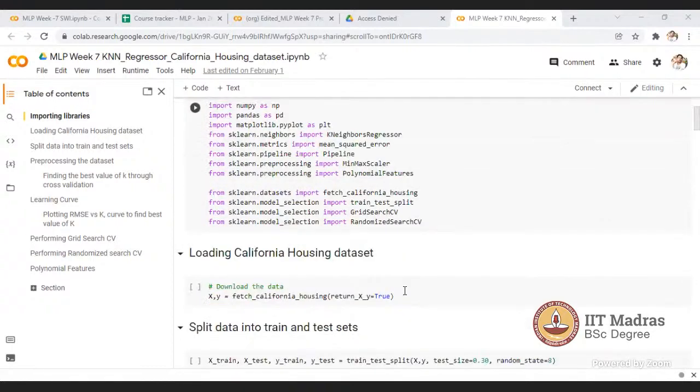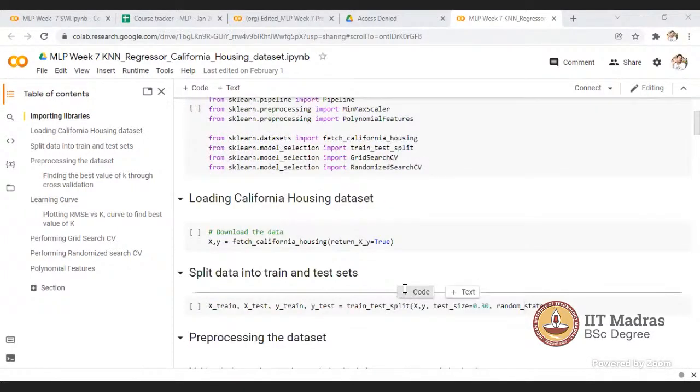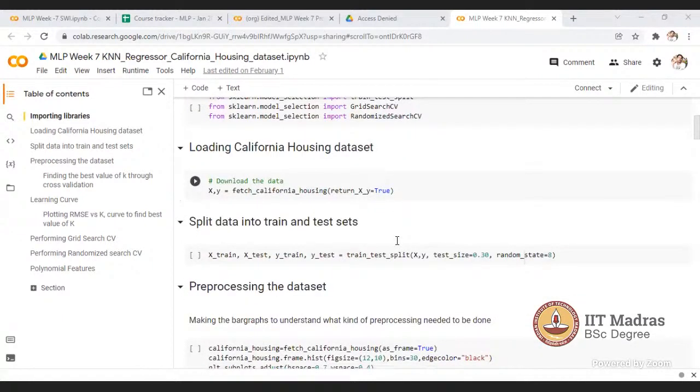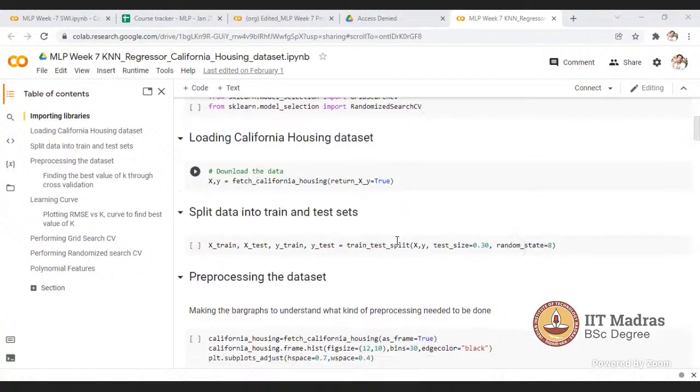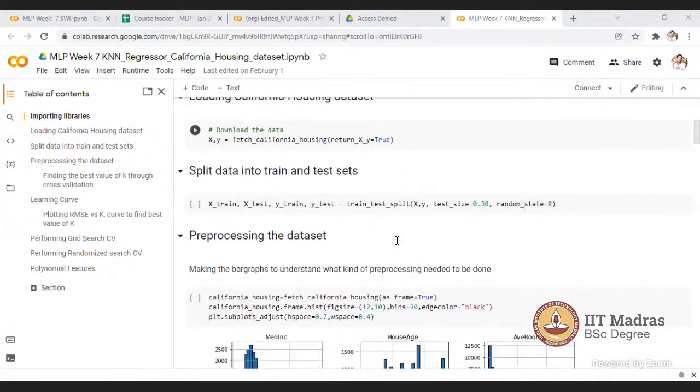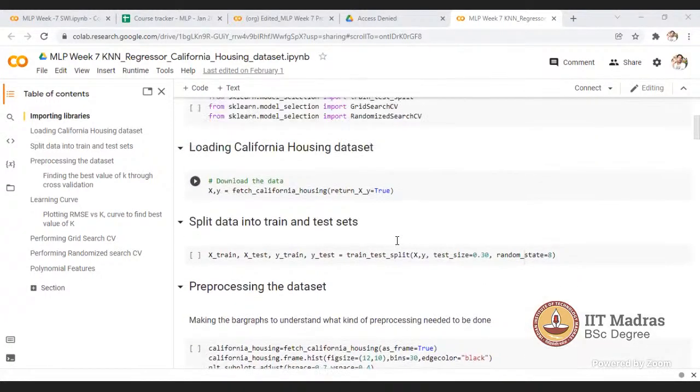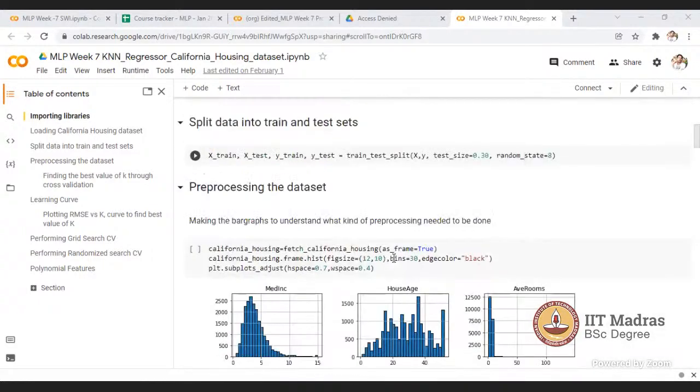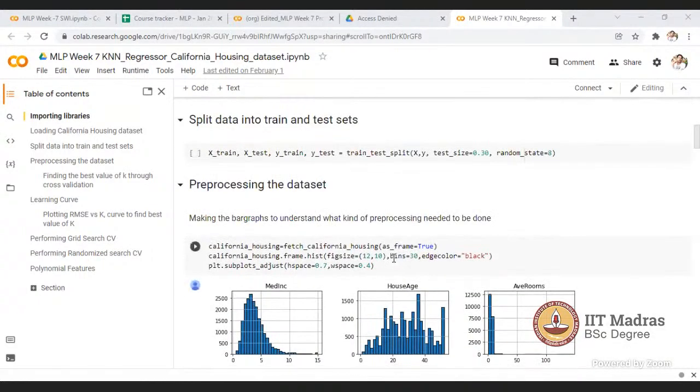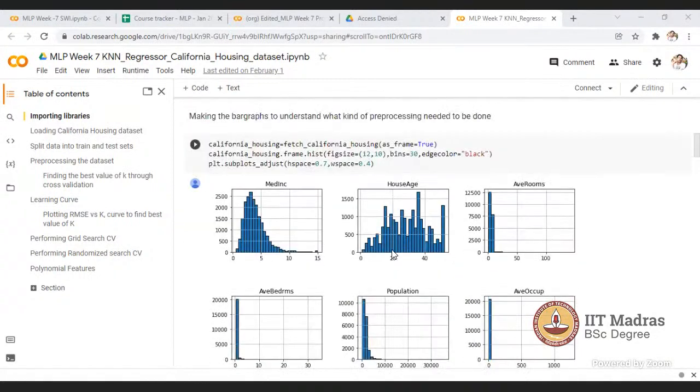I'll slowly go through this code collab, and after that we'll start discussing the questions. In this collab, the KNN regressor part is covered.